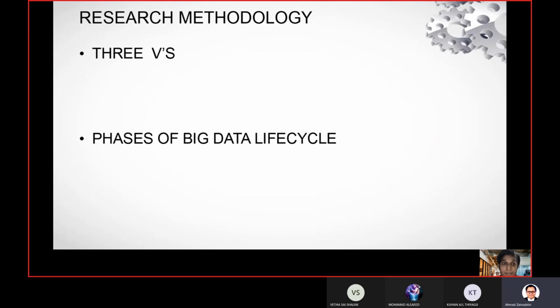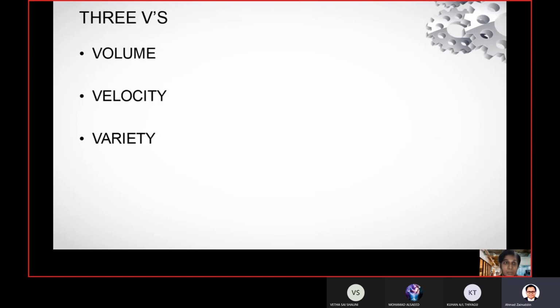So the research methodology: first one is the 3V's, the second one is phases of big data life cycles. So what are the 3V's? Volume, velocity, variety. First one is volume. Volume is the earliest known property of big data, which is due to the sheer amount of data being collected. With the integration of commercial websites with social engineering and mobile applications, the majority of today's data has only been obtained easily during the last few years. Every minute, large multimedia files including at least 300 hours of video are posted to YouTube and other social media sites.